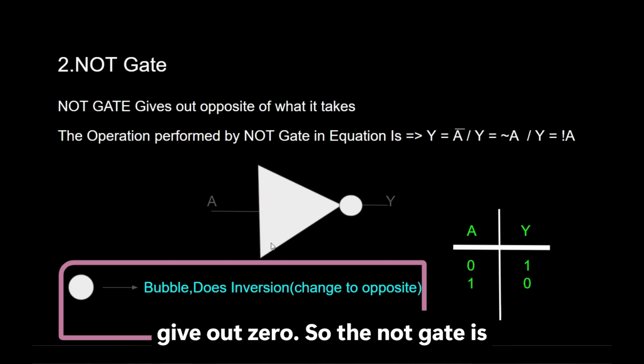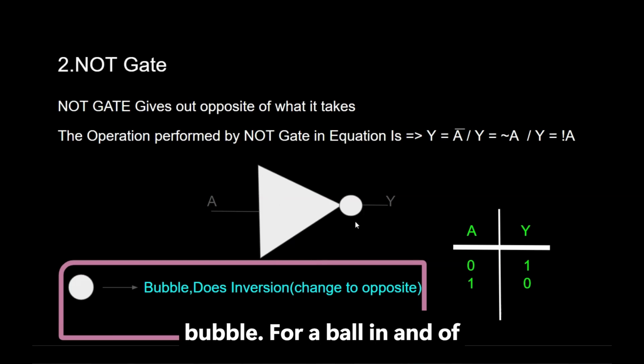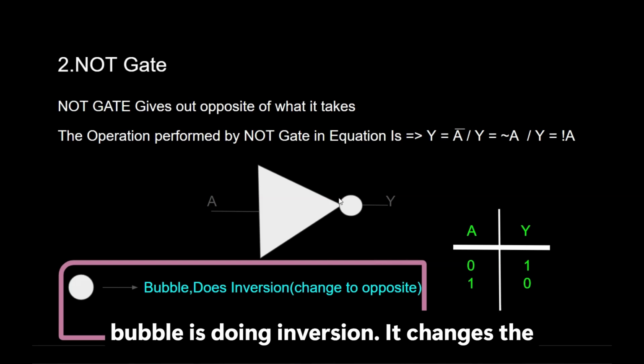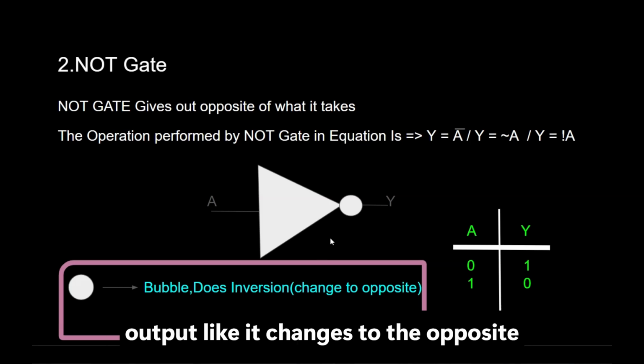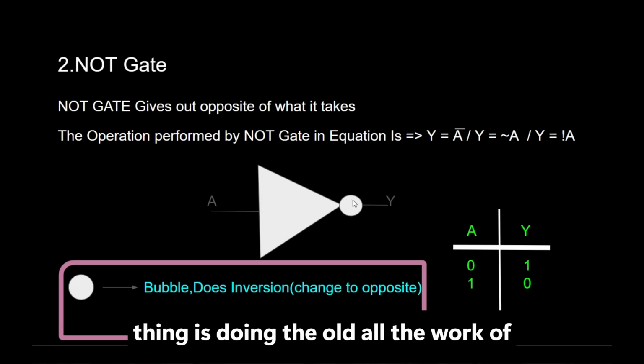The NOT gate is represented by this triangle with a bubble or a ball at the end of it, near the output end. This bubble is doing inversion. It changes the output to the opposite of the input. So this is the same as the buffer gate, but this bubble is doing all the work of